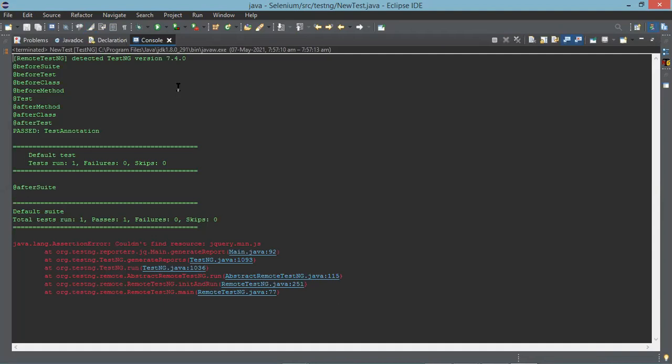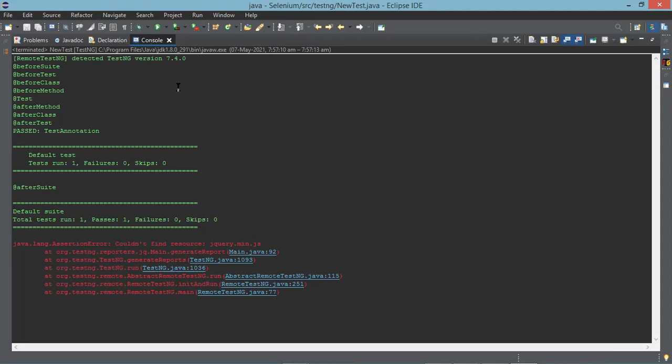Why? Because it will be done only after your complete execution. It will draft the results and only then close. That is a cleanup activity for the suite as such completely.